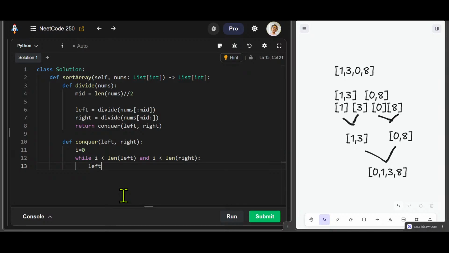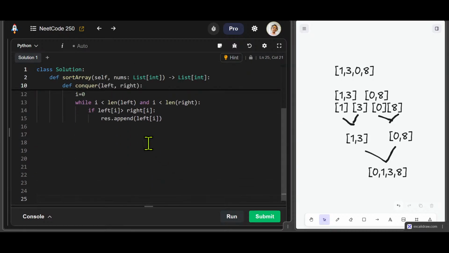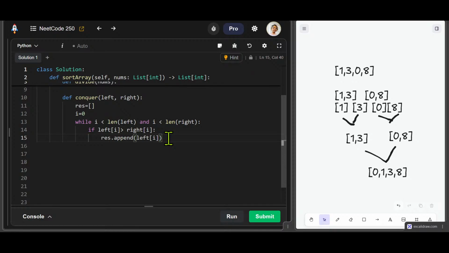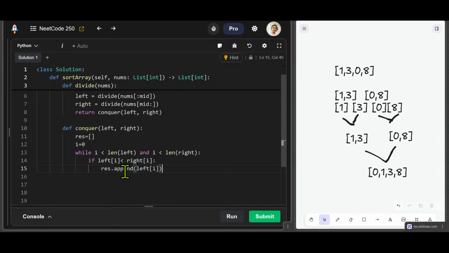Okay, then I have to check if left of I is greater than right of I. Then I have to merge it, right? So I need another list. Res is equal to list. So res dot append left of I. Okay, I'm appending left of, wait, this is merging, so I'll append this first